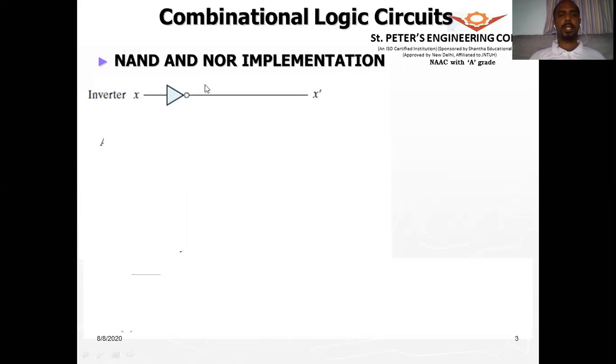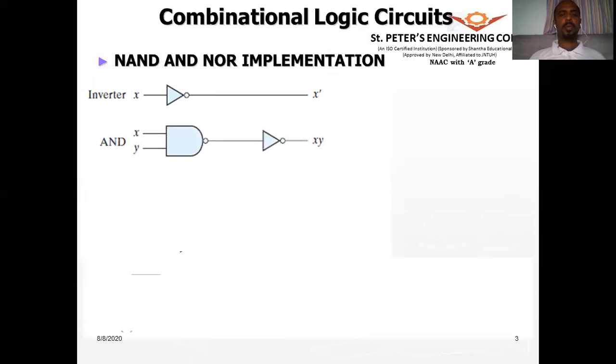You know a NAND gate has 2 inputs, and how can we make the NAND gate work as an inverter? Because an inverter requires one input and has one output, whereas a 2 input NAND gate has 2 inputs and one output. So a NAND gate can be implemented as an inverter by shorting the 2 inputs and making it a one input. So you will have one input and one output. Therefore, a NAND gate can be made to work as an inverter by simply shorting the inputs.